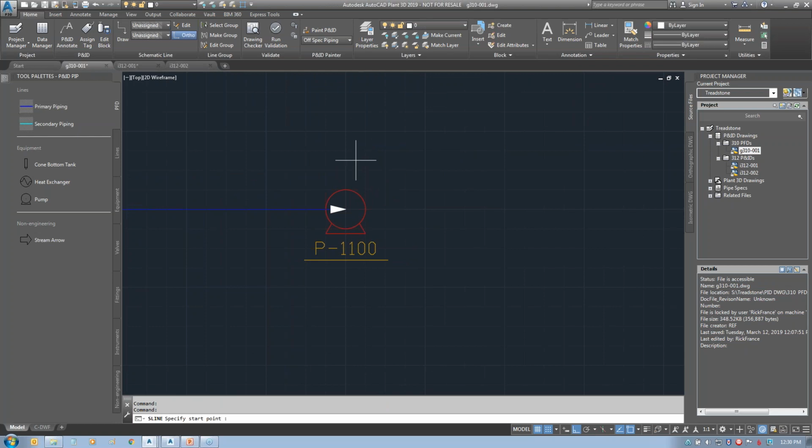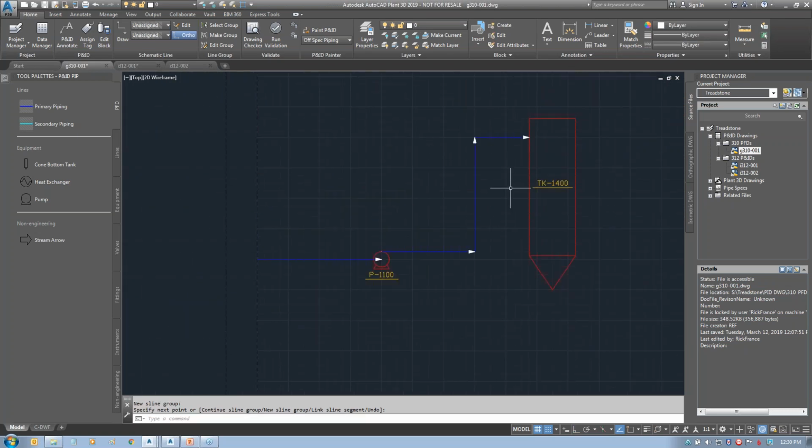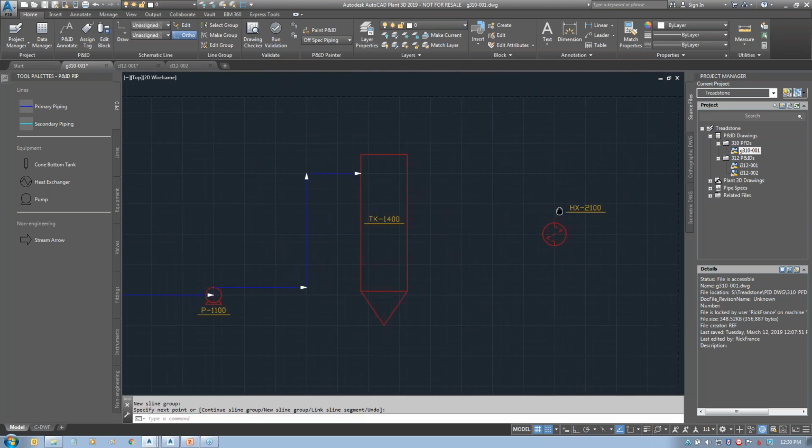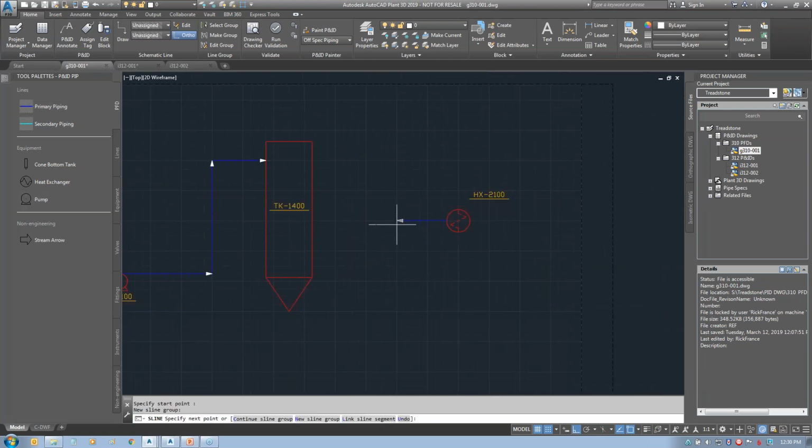So that's the reason I had that node there. We'll go ahead and come off here, just draw it up like this, and we'll connect to the tank. And then I'm going to connect these up real quick so we can show you how the assigning of the tags works. So just drawing it,